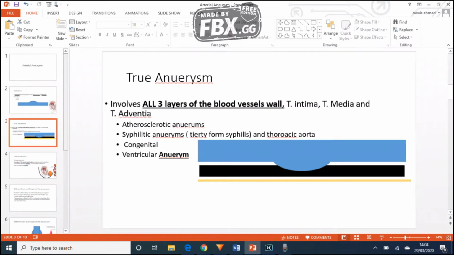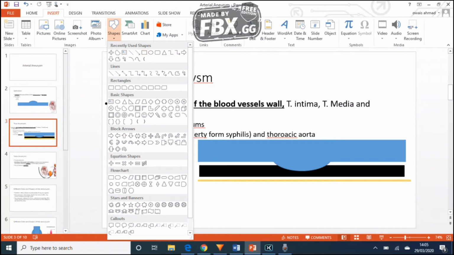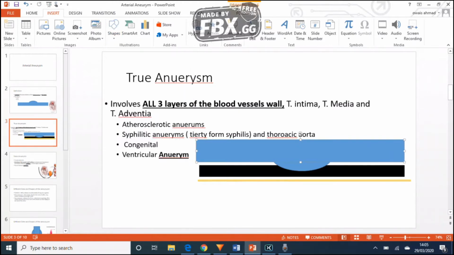Okay, then there's going to be fusiform. What does fusiform essentially mean? I'll put your fusiform over here. Fusiform is just basically a shape. So this is the shape. It's kind of like your bicep muscles. Imagine this is the blood vessel, okay? And imagine there's dilatation on both sides. That'll become fusiform. But a proper definition would be a circumferential dilatation of a blood vessel segment. Blood vessel segment, because this is a long blood vessel, and only a segment is going to be dilated, not the whole blood vessel, a segment of the blood vessel, a diffuse dilatation.